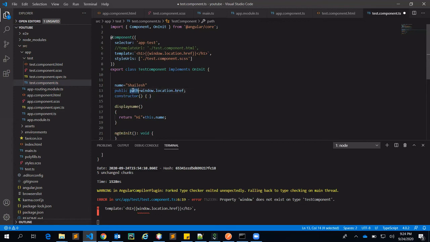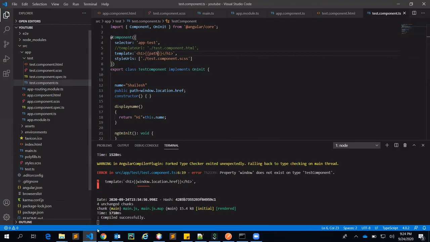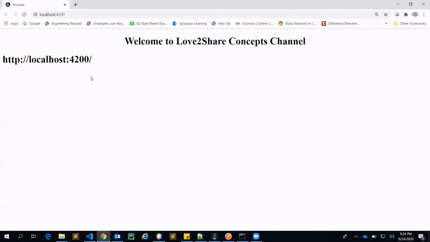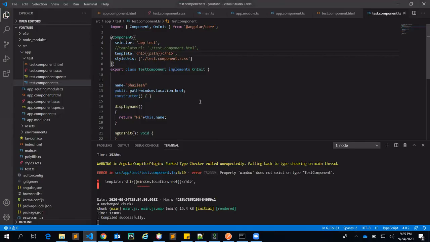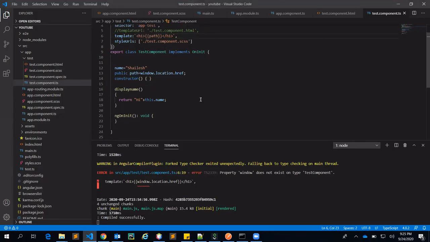Then I'll access the same path in the template using interpolation, and display it. Now you can see we have successfully displayed the global JavaScript variable, but we have not accessed it directly using interpolation; it has been stored in a property variable in the class, and then we interpolated it.